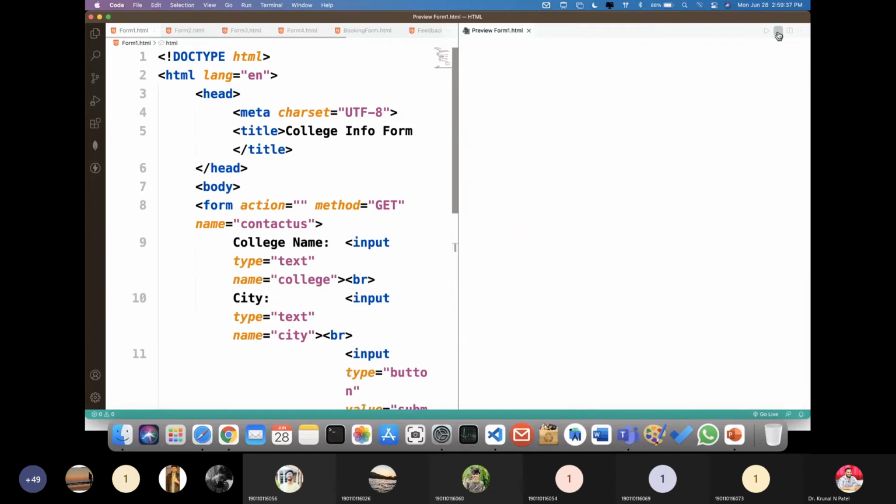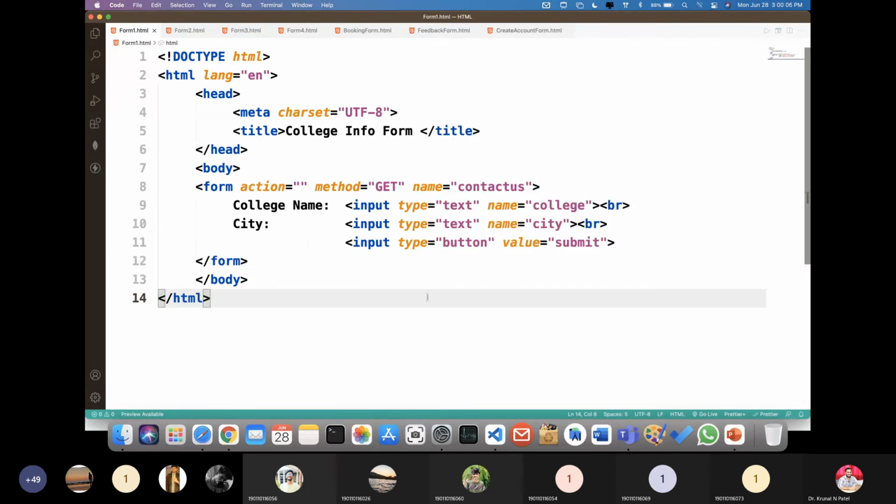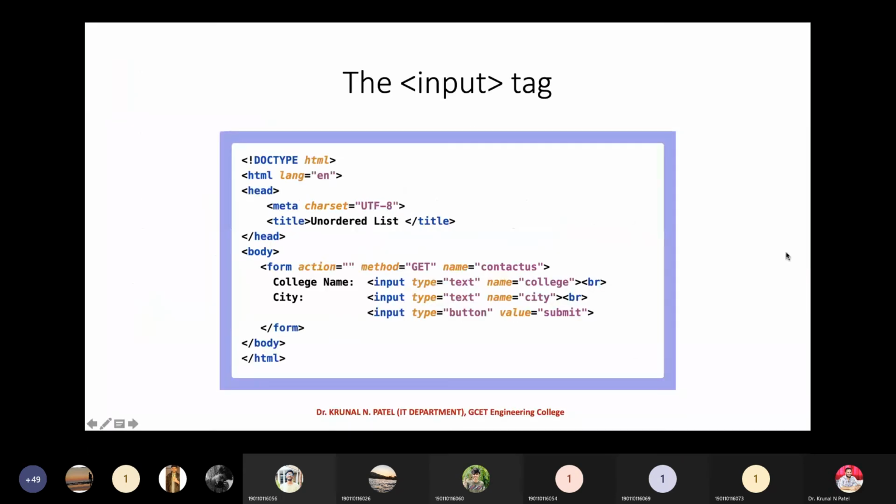Now, if I see the preview, then you can see this kind of form will be there. This kind of output will be there. I know the output is messy, right? So how to prettify it, we'll see later on. But right now we are just dealing with the designing, structuring, maybe what kind of inputs you can take. So this is the particular output of this form. So it's very simple. Okay. Now let's jump back to our presentation.